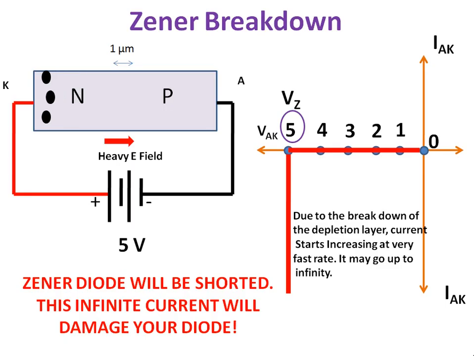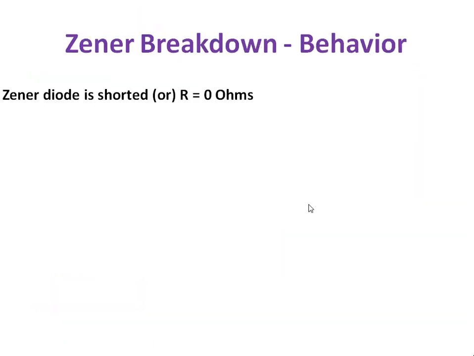So it conducts the current in both conditions, forward bias as well as reverse bias. So this current has to be limited. Otherwise, what will happen? It may damage your diode. That's why we have connected a resistor in series with the Zener diode. But this is for an ideal case. In the ideal case, the current is 0 till VZ, the Zener breakdown voltage. But in the practical case,